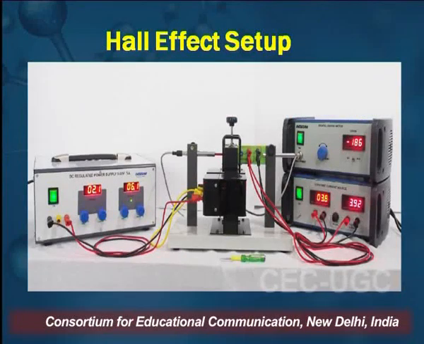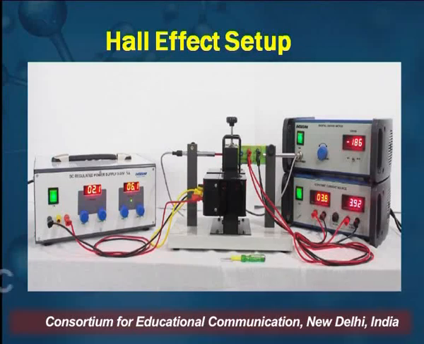Now we see on the screen, this is the Hall effect setup. There are various parts which are collectively used to set up this Hall experiment. In the middle we have the electromagnet, which consists of 2 soft iron bars, and between these there is a probe which is connected with the Gauss meter, and the sample holder, where we have the semiconductor connected with the 4 terminals, 2 connected with the voltage source and 2 connected with the current source.